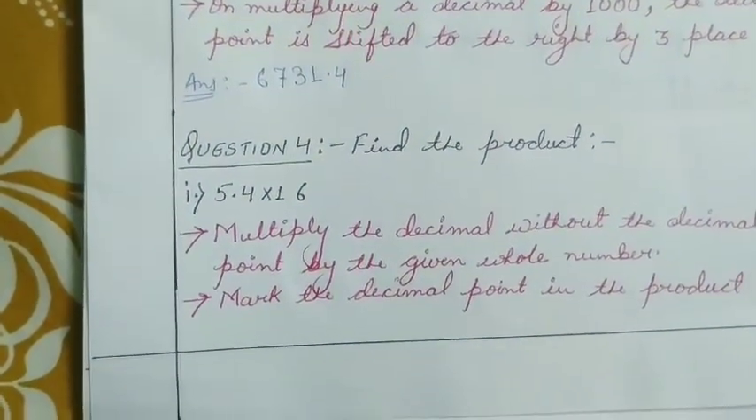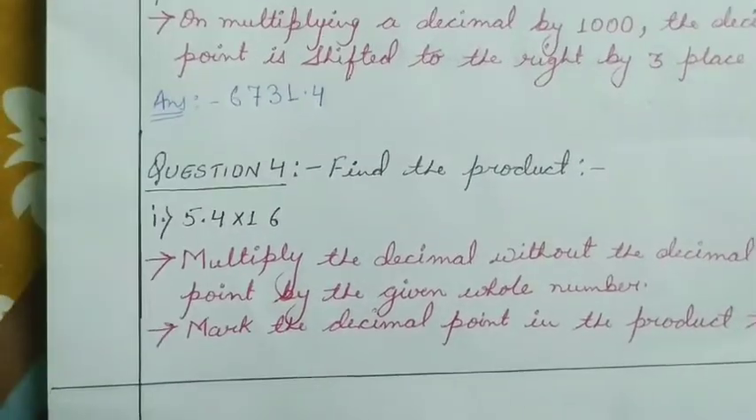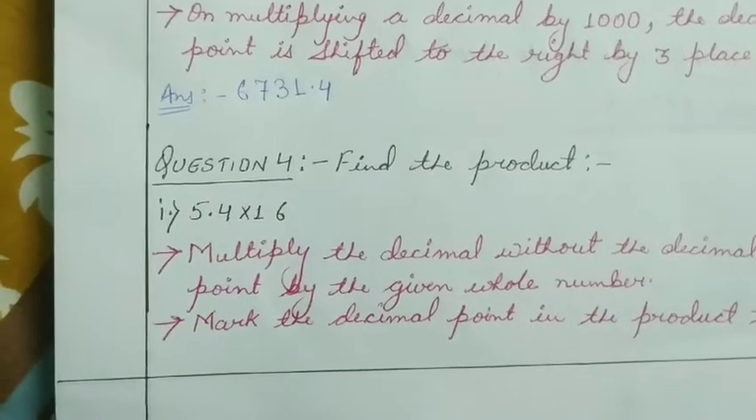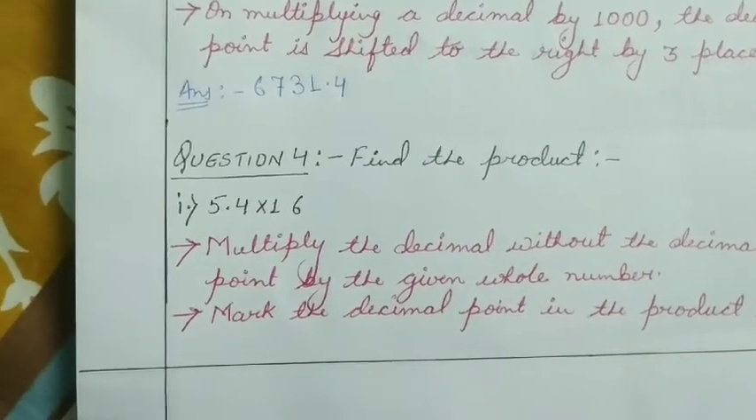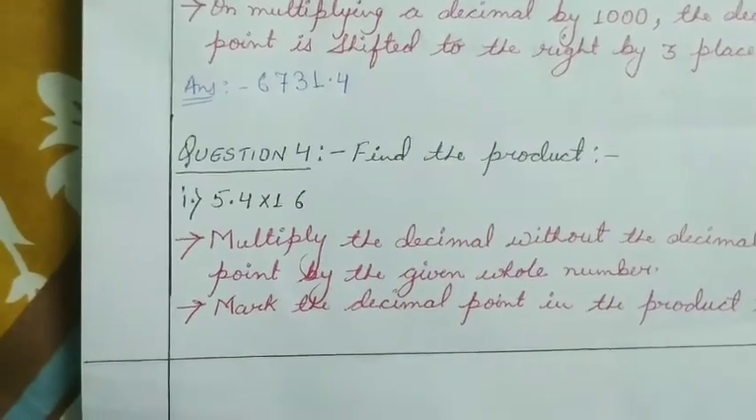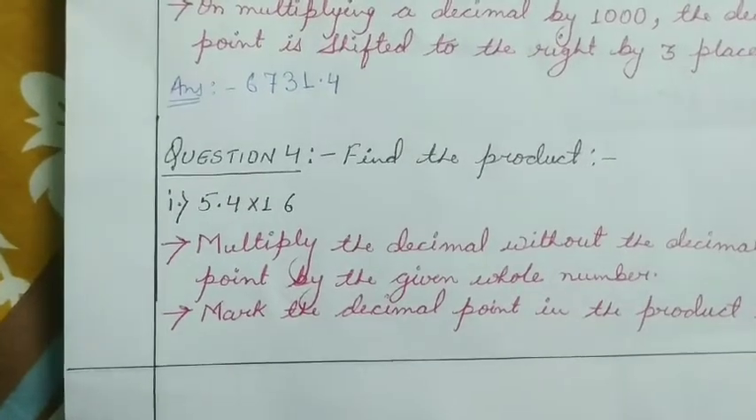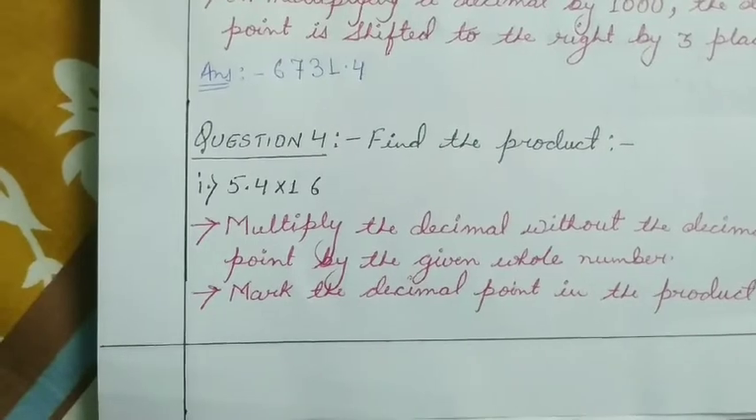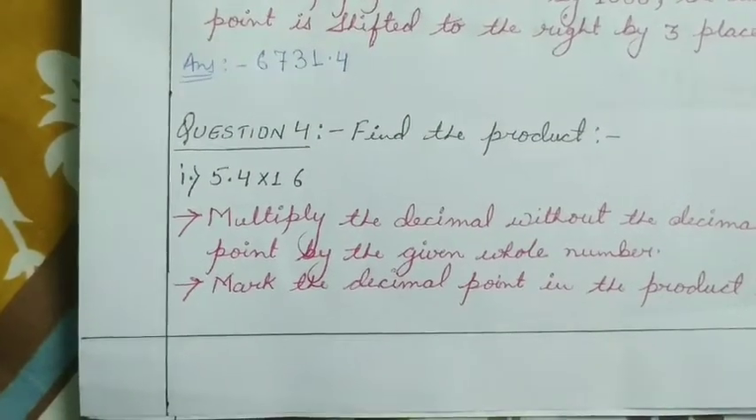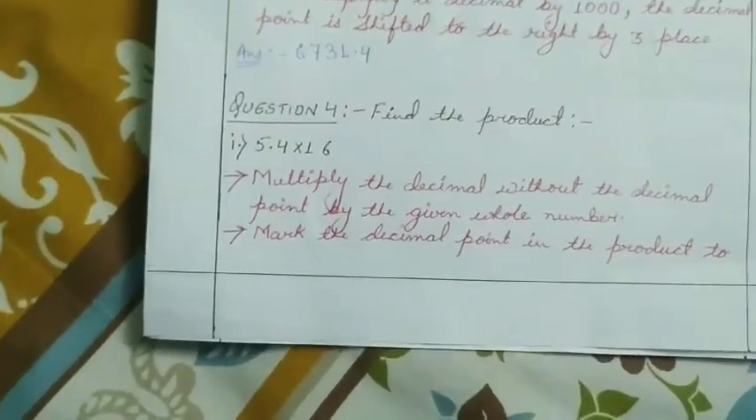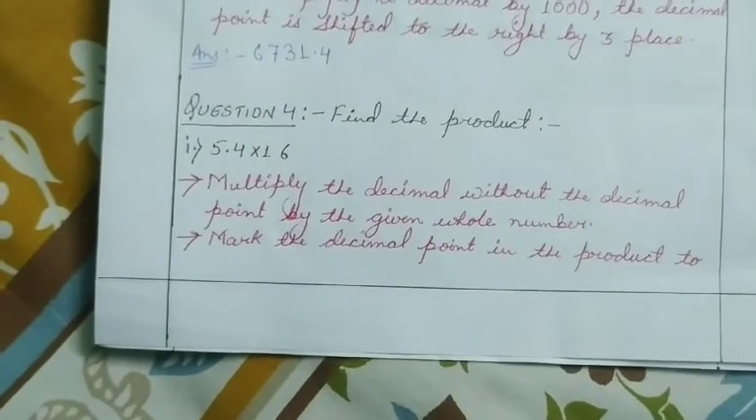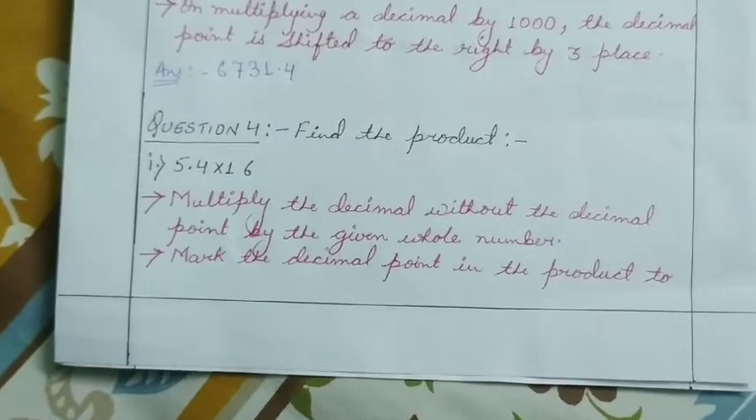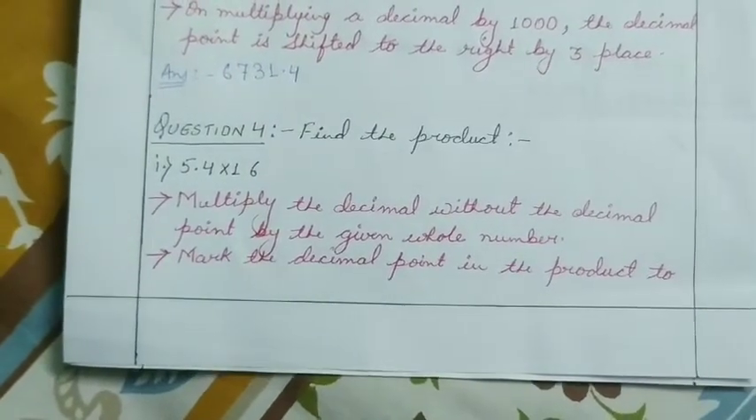Find the product 5.4 into 16. Now you will all notice that there is a multiplication of a decimal by a whole number. There are two numbers, 5.4 and 16. 5.4 is a decimal and 16 is a whole number. So there is one rule. On multiplying the decimal number by the whole number, multiply the decimal without the decimal point by the given whole